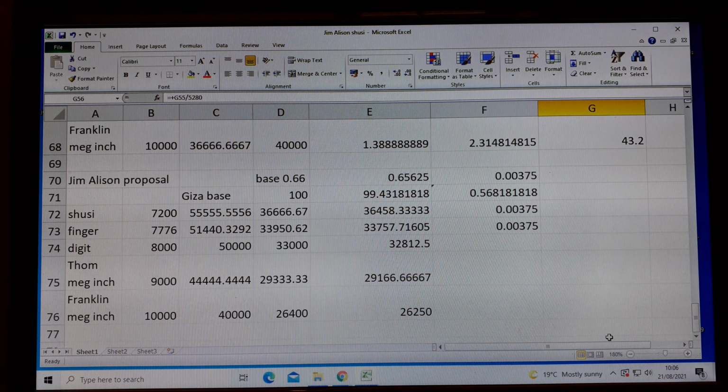And this unit, 36458.333 inches, is the Giza base. It's showing us that is a solar year, and the only unit that can produce that is 100 inches. And the solar year at Giza is produced by a unit of 100 imperial inches, and that actually represents 5 hours in time. This is very complex stuff, but I thank Jim for his work here, and again I thank